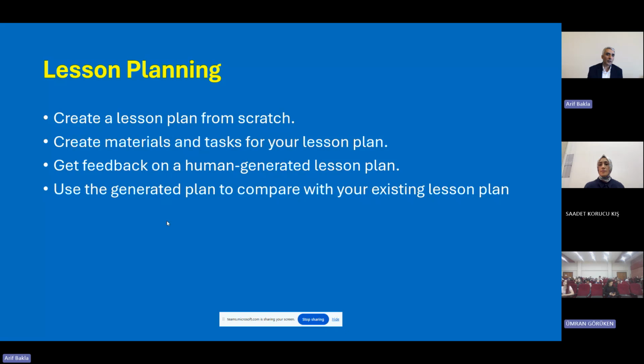Just go to a practicum class and you have prepared your lesson plan. You ask ChatGPT, for example, by using a rubric, to give feedback on your work. Then you can get a lot of information on how to improve your lesson plan. This is also possible, and this is a fully recommended way of using AI tools in lesson planning. And also, you can use AI-generated plans to make comparisons between your plan, someone's plan, or anything. These are all possible things that you can use AI for, to improve your teaching in the classroom by creating